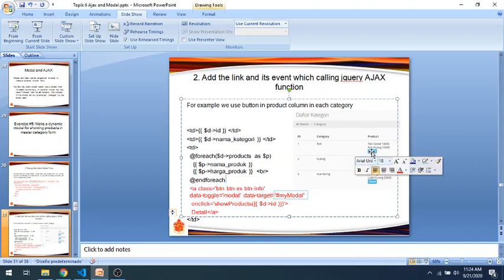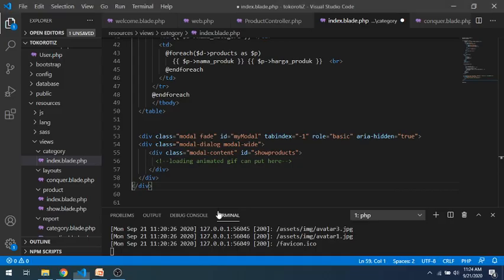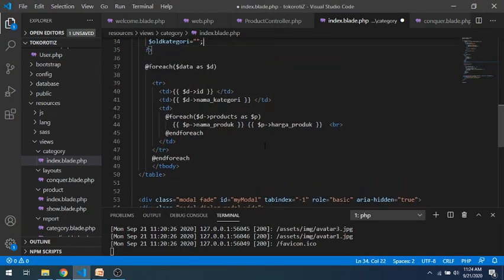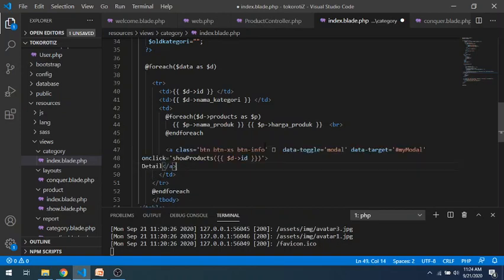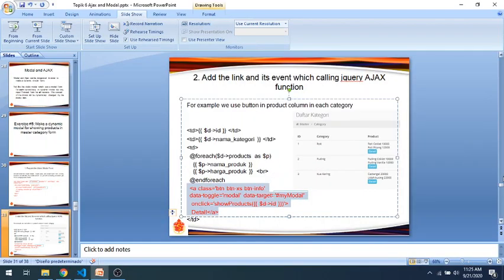Okay, the button is placed at the bottom of the product, not in a new column. We put it after the product detail here. Okay, product name here. Okay, ready.